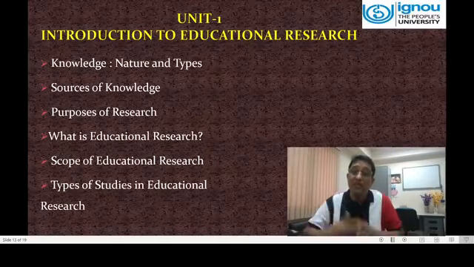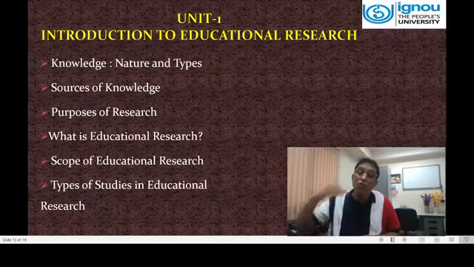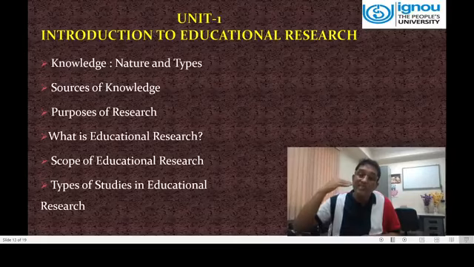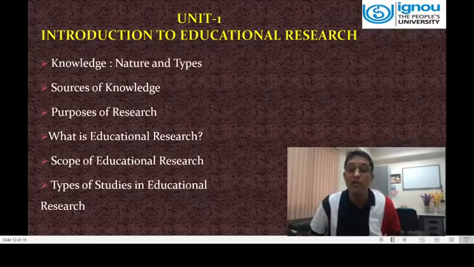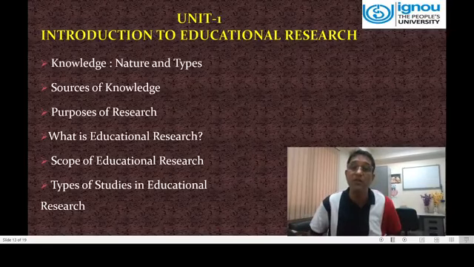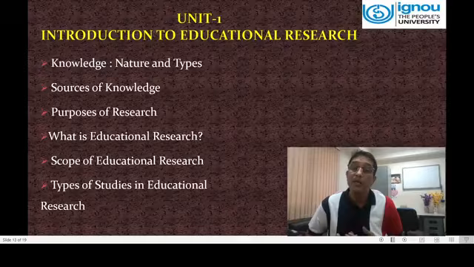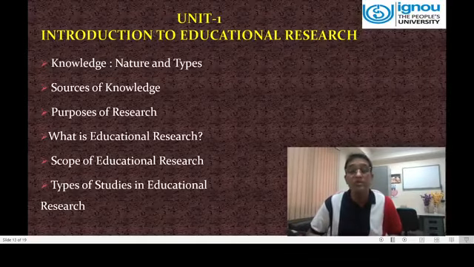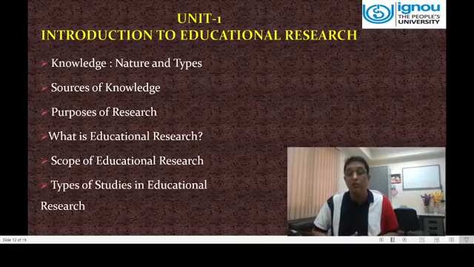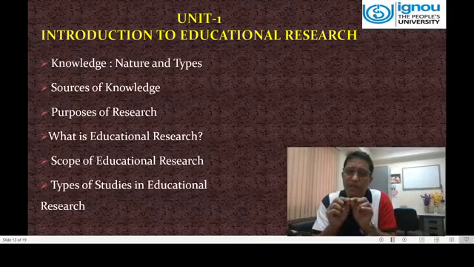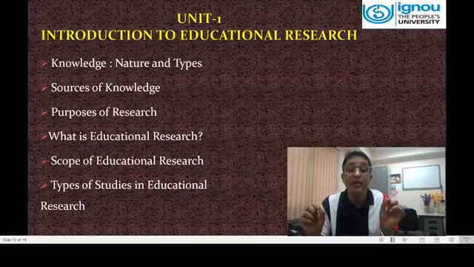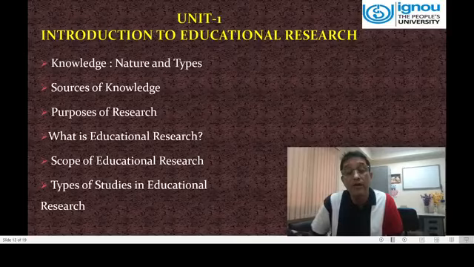So how do you do it? You have to conduct a study to know its development, its history, starting from the ancient system of education. What education system was prevailing in the ancient period, in the Buddhist system of education, at the Vedic time, then at the medieval time, then at the modern time. So all such things you have to do. So using different methods of study is also another scope for conducting educational research.